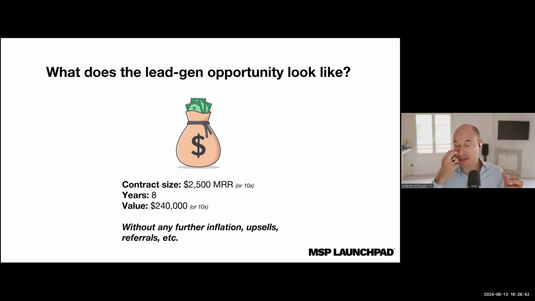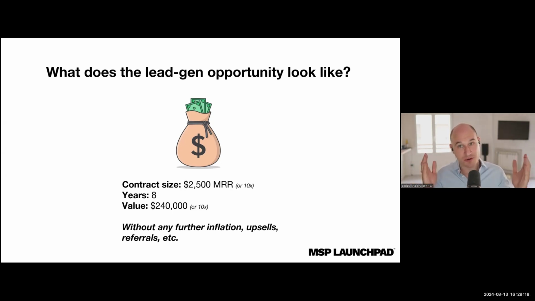What I find from everyone I speak to is that there are a few MSPs that would estimate the average lifetime cycle of a client before they churn at 5 years or so. But most of the MSPs I speak to say, look, my clients stay with me forever, like 10, 15 years. So what I've done is I've set an average of 8 years, neither optimistic nor pessimistic, just neutral. And I did the tiniest contract size, 2,500 MRR. That means that if you get that one specific client, that is already 240,000 without upsells, without inflation, without referrals,